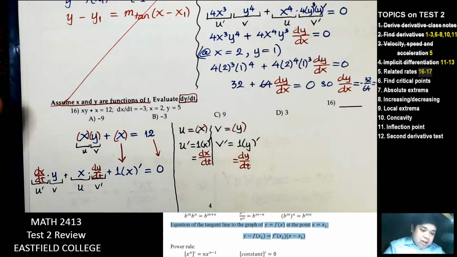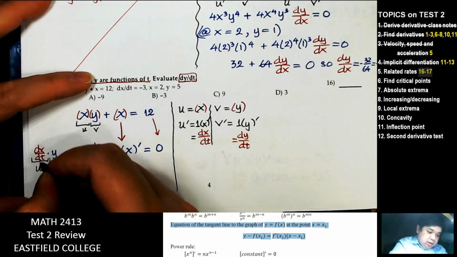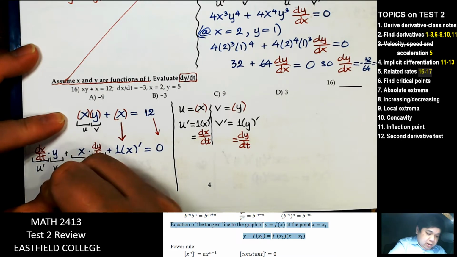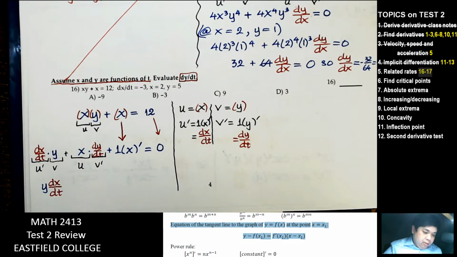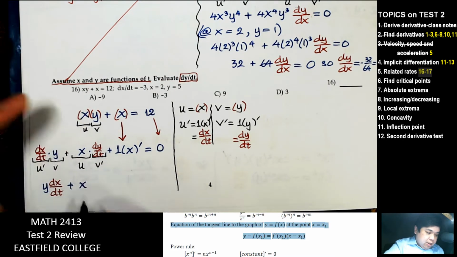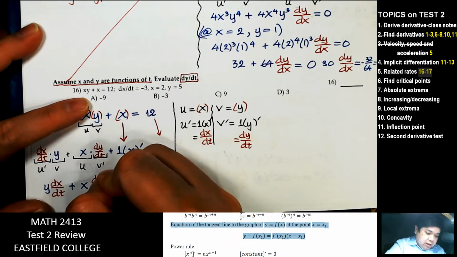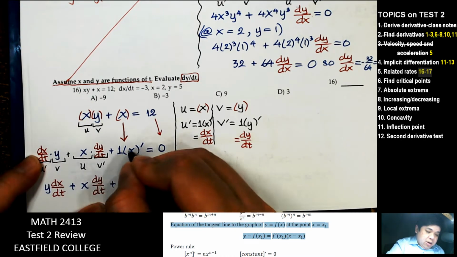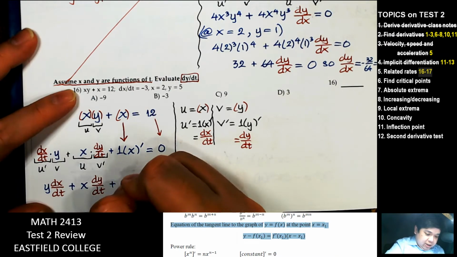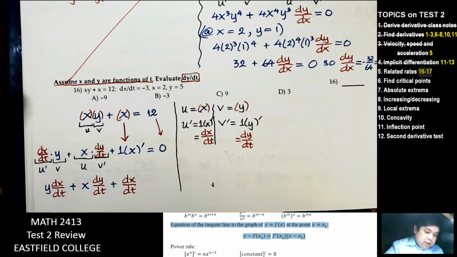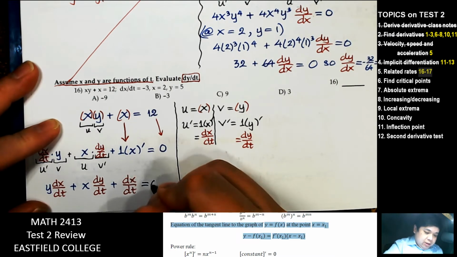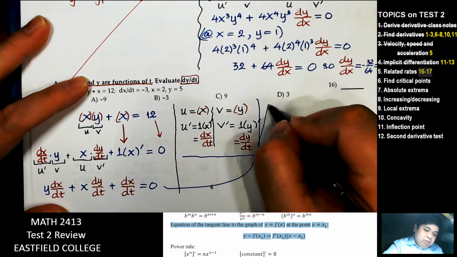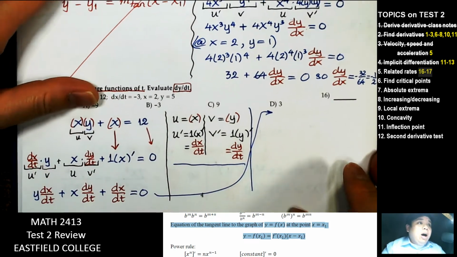Right, let's put this together. y dx over dt plus x dy over dt plus that's just dx over dt equal to 0. We'll continue here. When we continue, we'll have